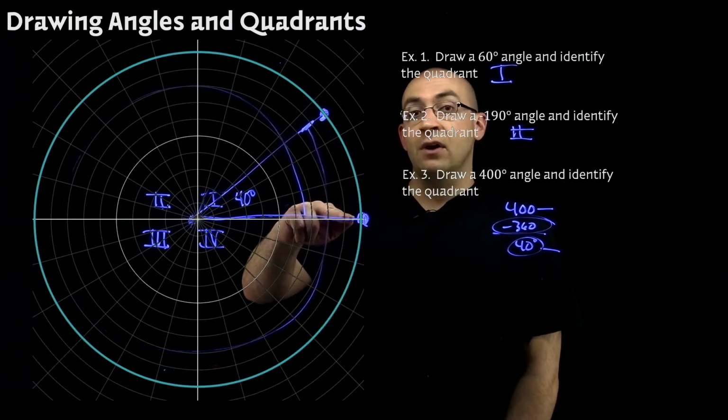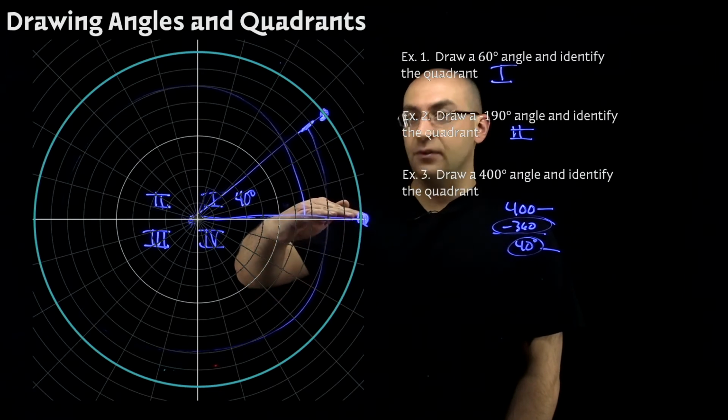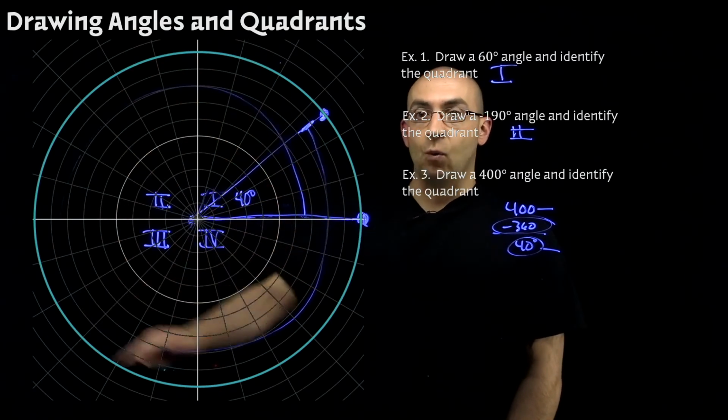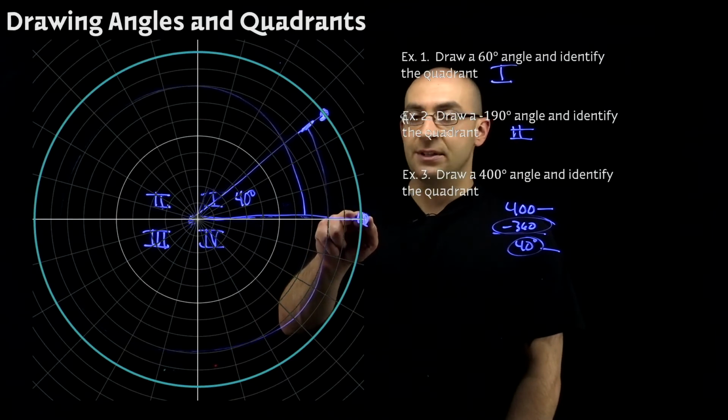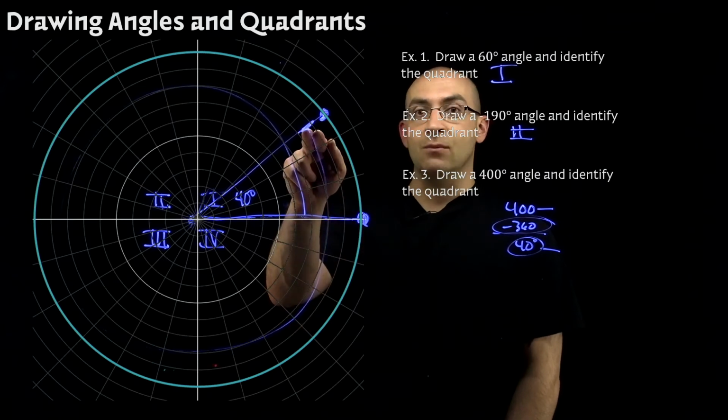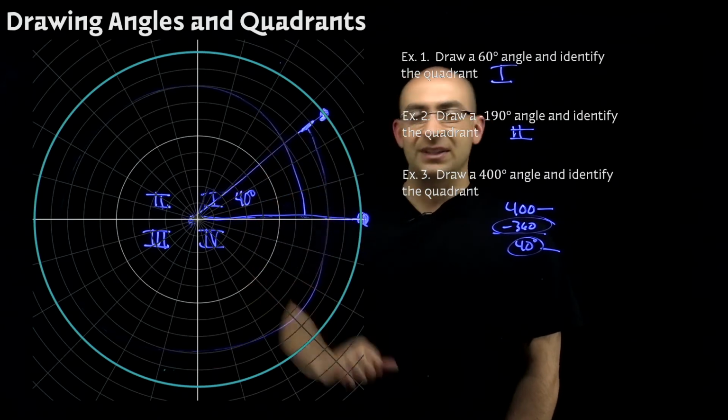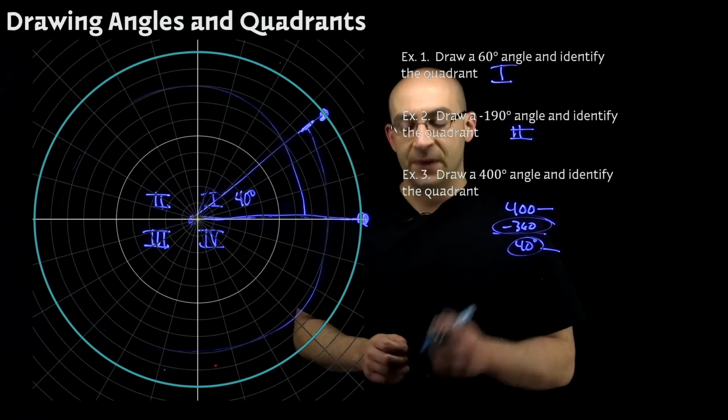If I just wanted to draw a 360 degree angle, I start from the initial side, I go around one full revolution and stop exactly where I started from. That's 360 degrees. But because I want a 400 degree angle, I'm just going to go 40 more. It still looks like a 40 degree angle. But because,